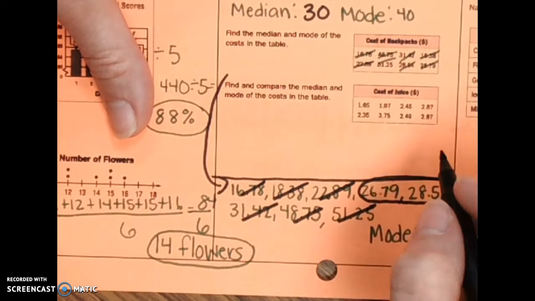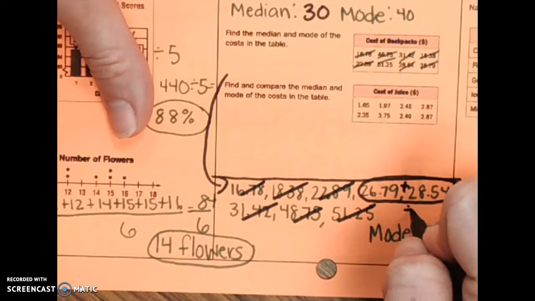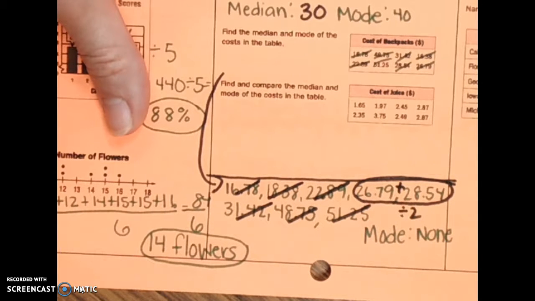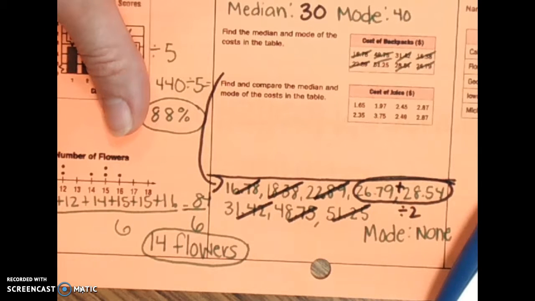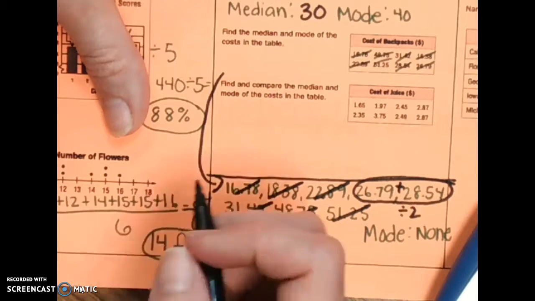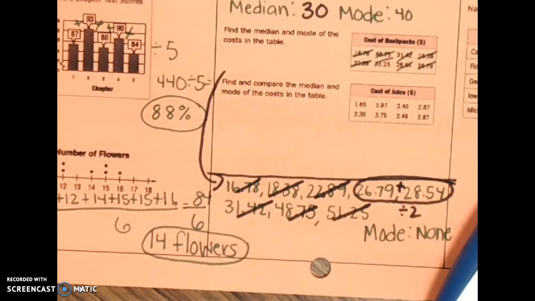When we have 2 in the middle, we add them together, then divide by 2. So with your calculator, you're going to do 26.79 plus 28.54. And you'll get 55.33. Then you're going to divide it by 2. And you get an answer of